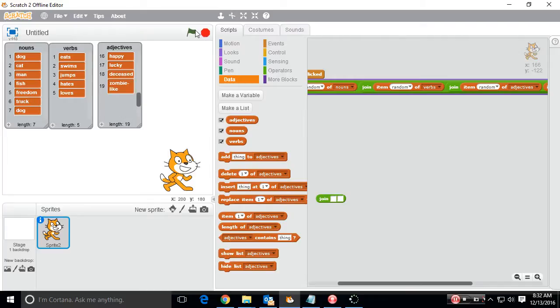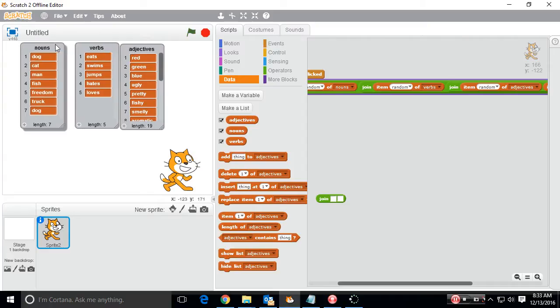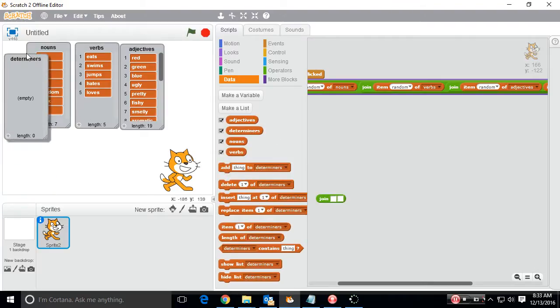Okay, let's try this again. Click that cat. Dog loves green man. Freedom hates lovely dog. Freedom hates pretty man. Don't we all? Cat hates ugly fish. Man eats bubbly dog. Okay. I can't stand this. I got to put some determiners or some articles at the beginning. I'm actually going to put this maybe in the order I think they should be. List. Determiners. I call them articles because I just use,